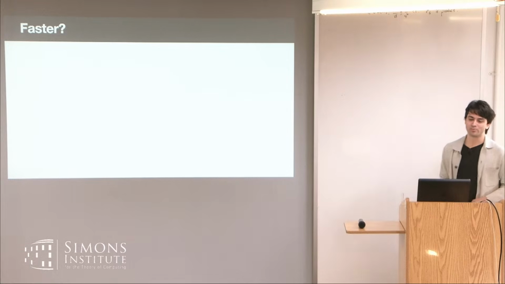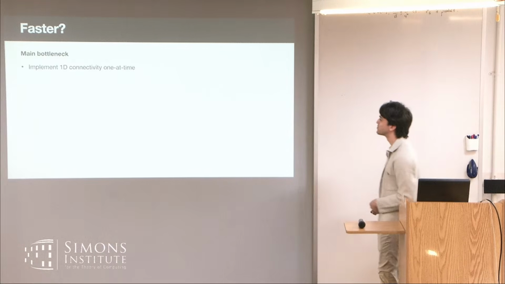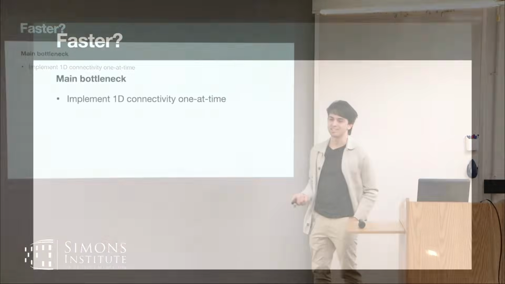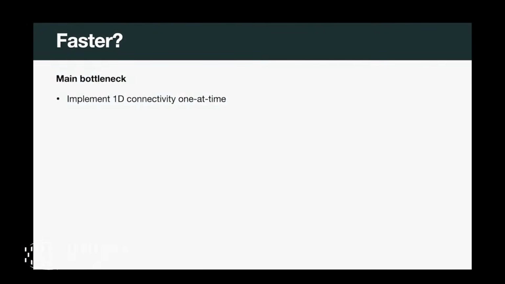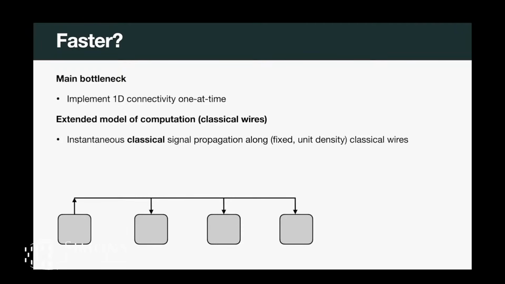Okay, great. So we want to go faster. It's pretty slow. And the main bottleneck is that I have this one-dimensional ribbon that's circulating, and I have to do this one at a time. If I need to bring my operands together for some operation, I already have this square root of the circuit size kind of thing, at least it would appear, without some funny compilation things. But you can imagine something else.